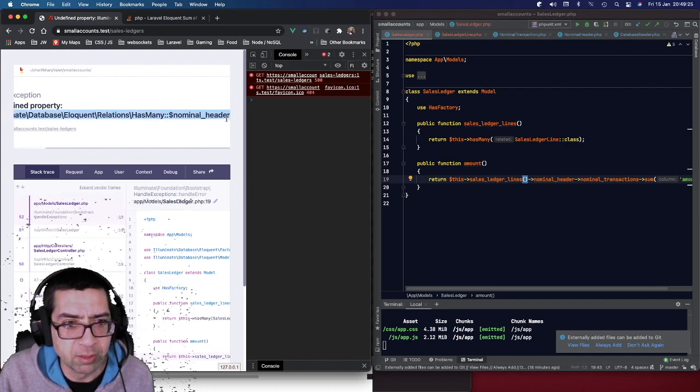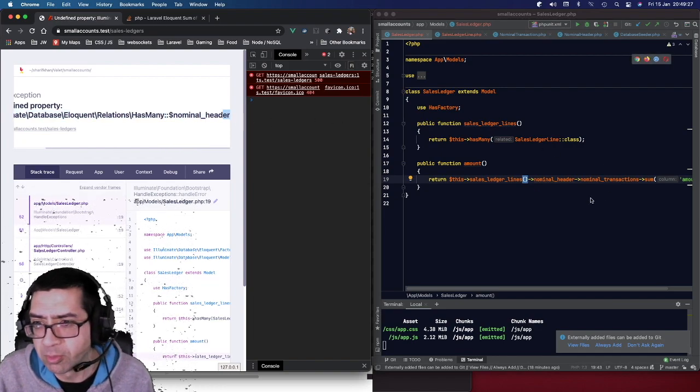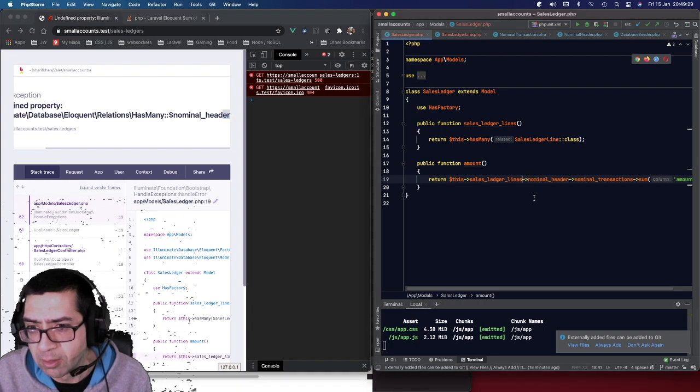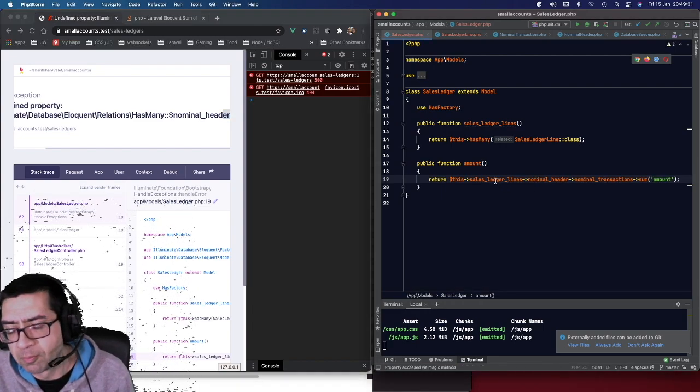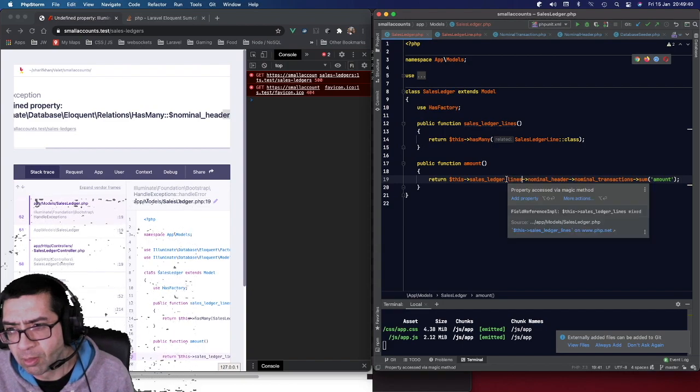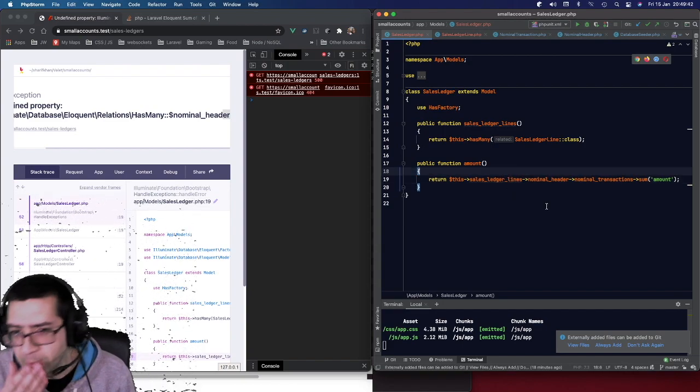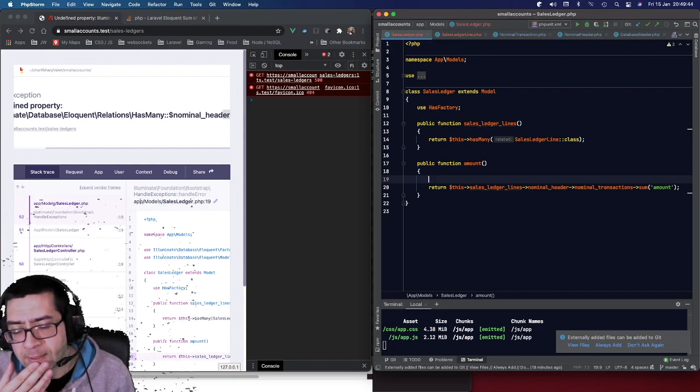Undefined property, nominal header. Yeah, I think the problem is here. Yeah, we're going to have to do it step by step, aren't we? Okay, so